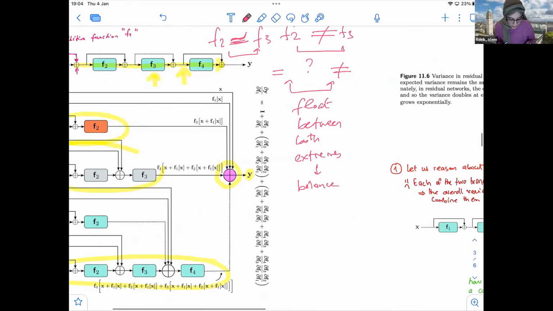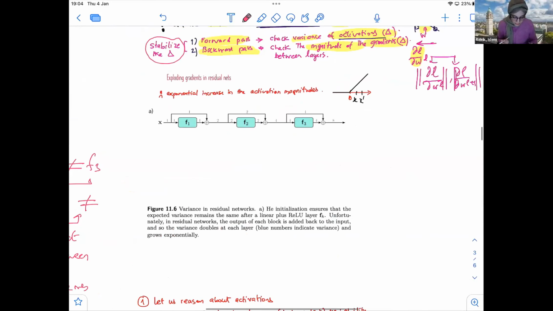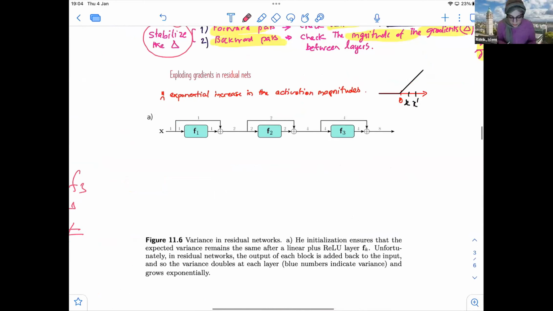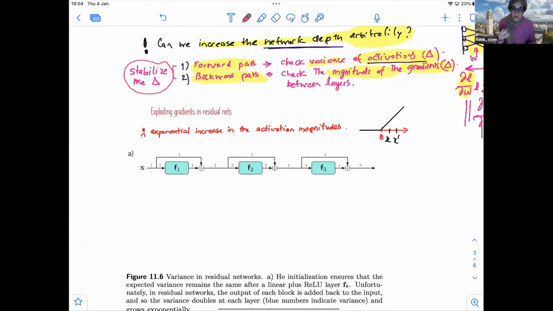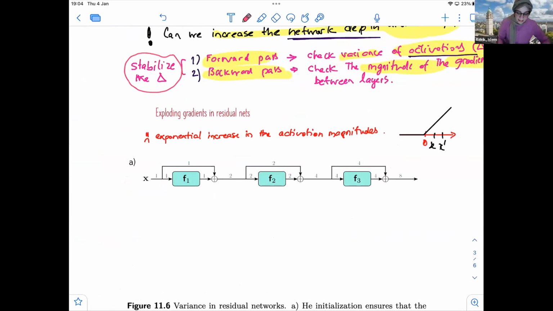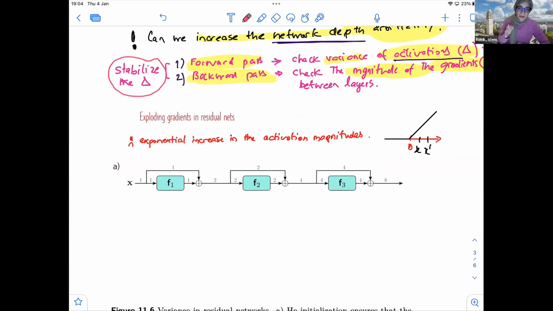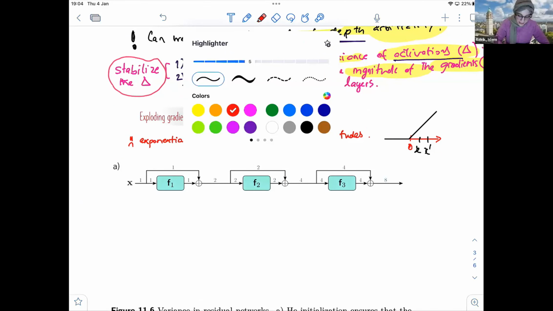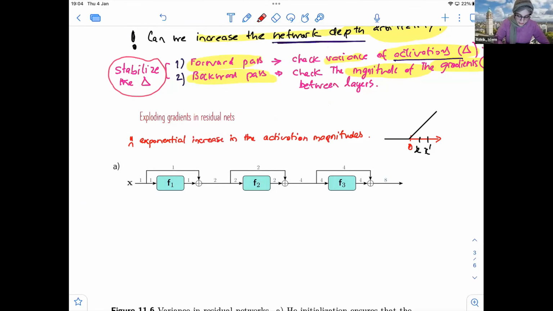Okay, so how to do that? So let's look at these problems. Actually, when we make the residual network deep, in its current format, the way it was designed or introduced, we will have an exponential or exploding gradient. So we will have a gradient explosion, especially towards the very end in the final layers.